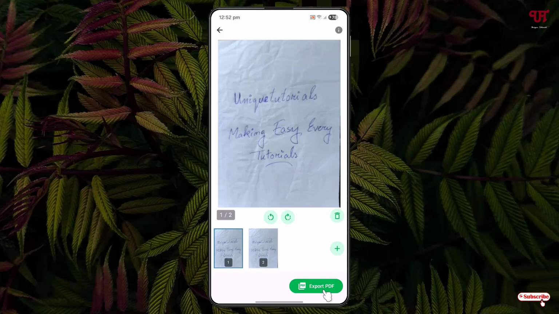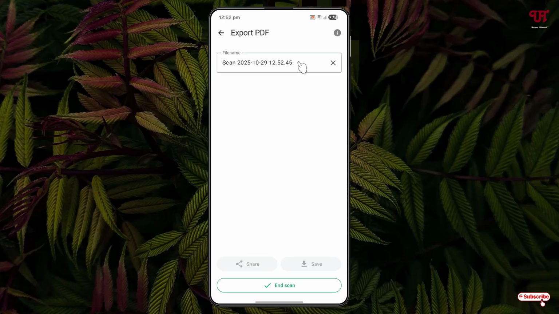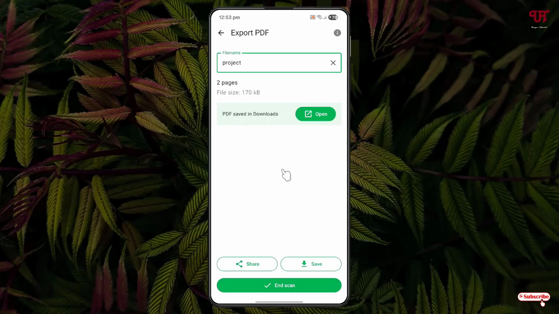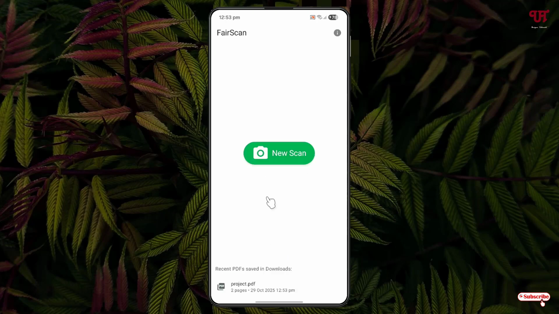And once you're done, just click on this export PDF. Now you can give a file name, whatever file name you want to give. And now just click on the save option, then it will be saved to your phone's internal storage. And now just click on this end scan and you can see the saved files at the bottom. As you can see here, you can just click on it and you can recheck the saved PDF directly here